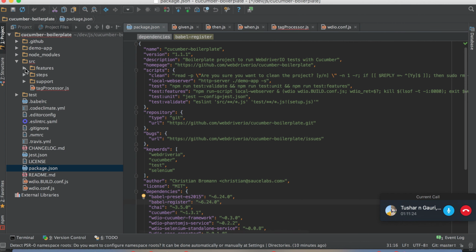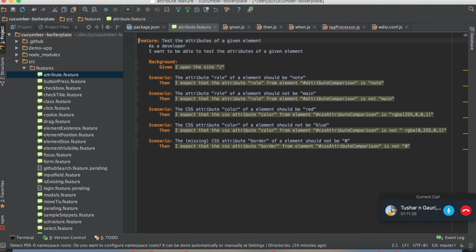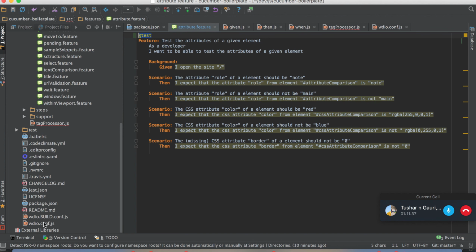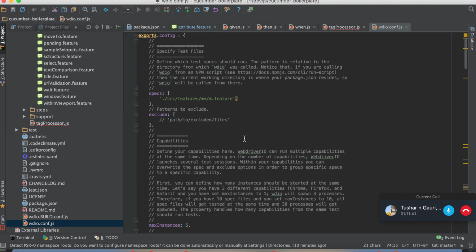I just want to see what features are available. I don't want to run everything. Maybe I will put a tag somewhere called test,